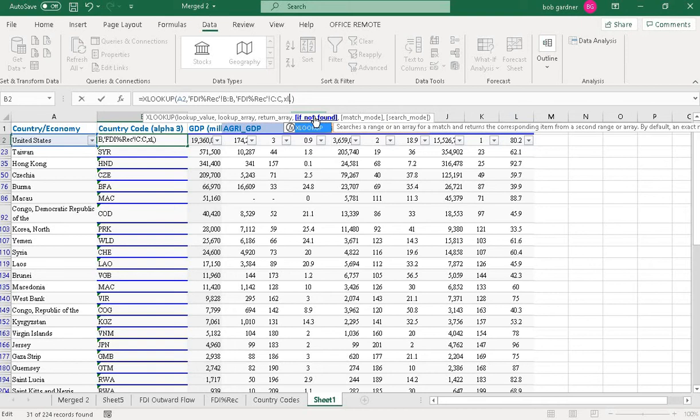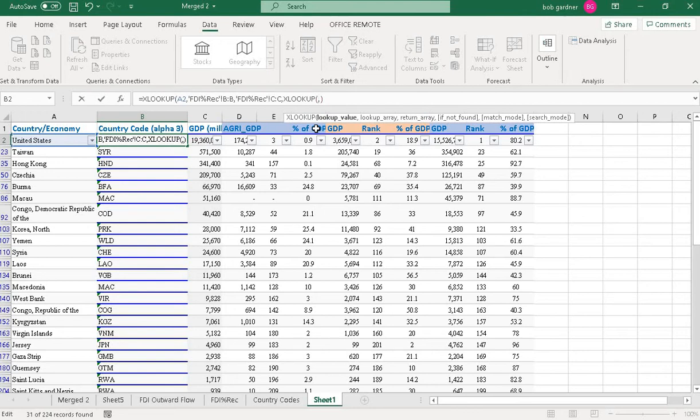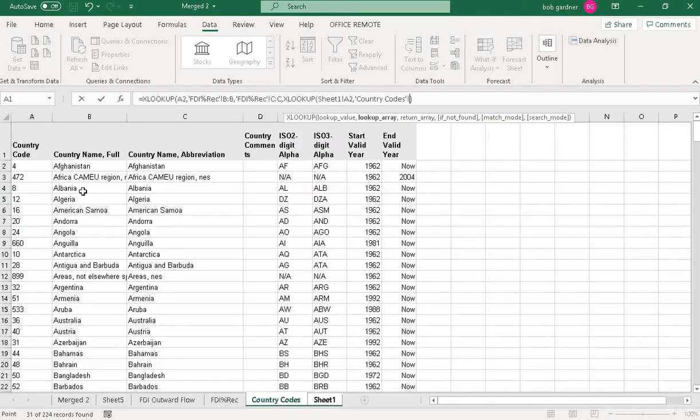So here I'll put another formula, XLOOKUP, and tab. If the value is not found, then look up the same value, which is A2 in sheet 1, in country codes.